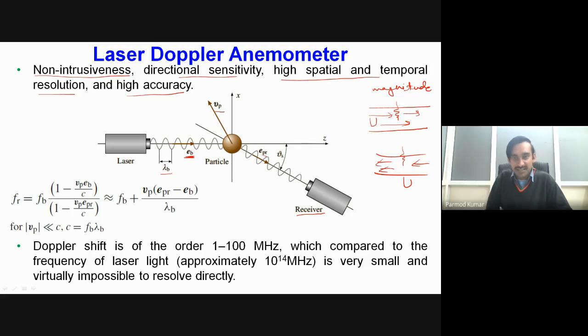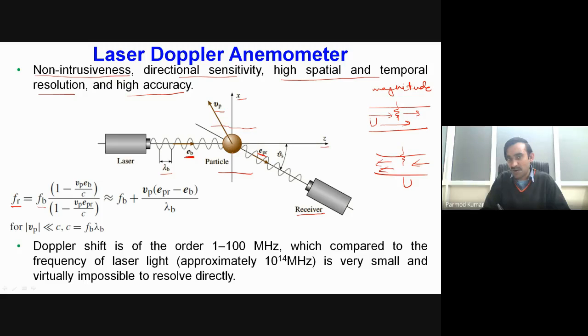e_pr refers to the direction from the particle to the receiver, and we have this angle theta_s over here, which is between the receiver and the z-axis. And this is our x-axis. The frequency we get at the receiver is f_b times 1 minus V_p, where V_p is the velocity of the particle and e_b is the unit vector in the incident beam direction, divided by c, where c is the velocity of light,